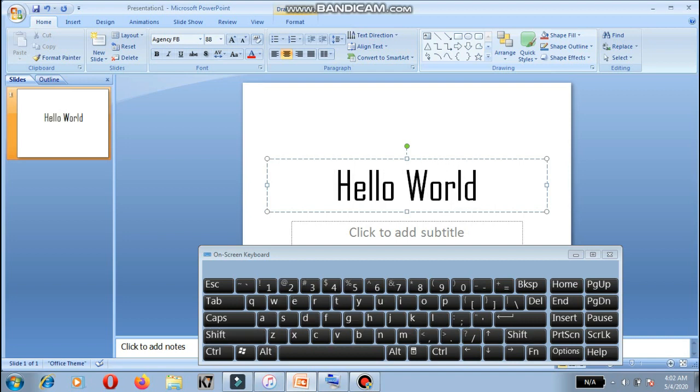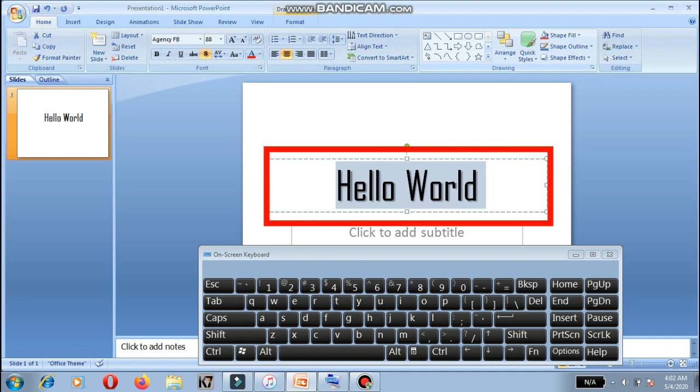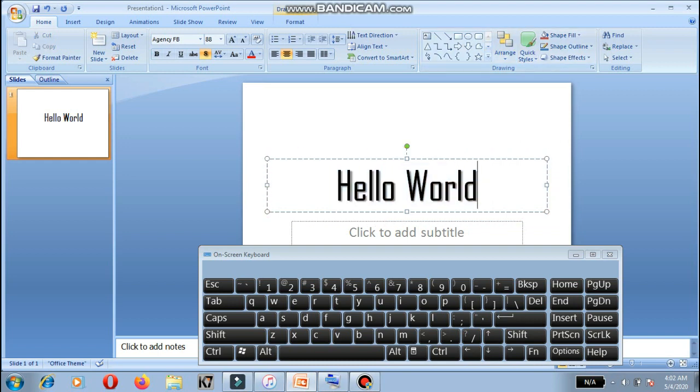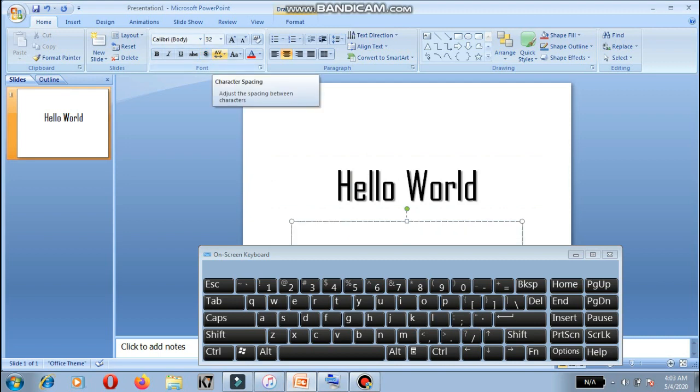After that, we would be selecting the whole text by pressing Ctrl+A, and after that we will be pressing Alt key, and after that we will be pressing H key, and after that we will be pressing 5 key. After pressing 5 key, we will see our whole text has been shadowed. It looks very amazing. So this was my short trick of text shadowing. Like this only, my next trick will be on character spacing.